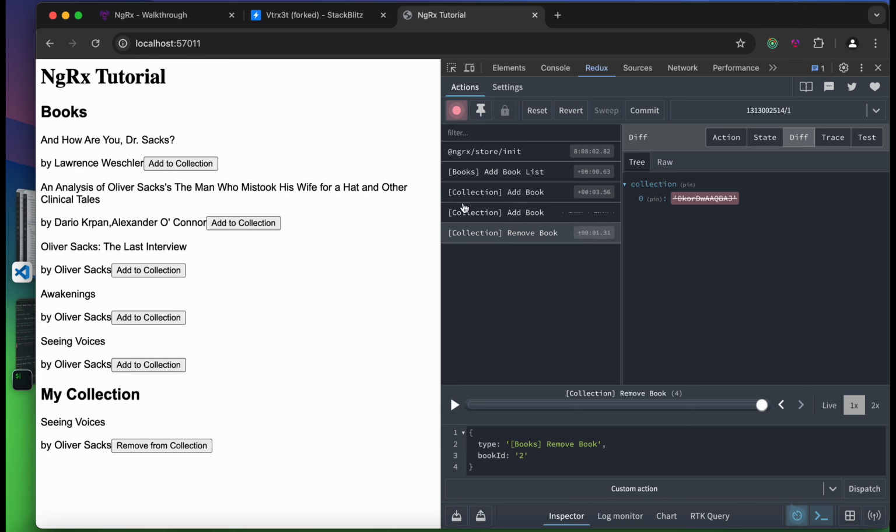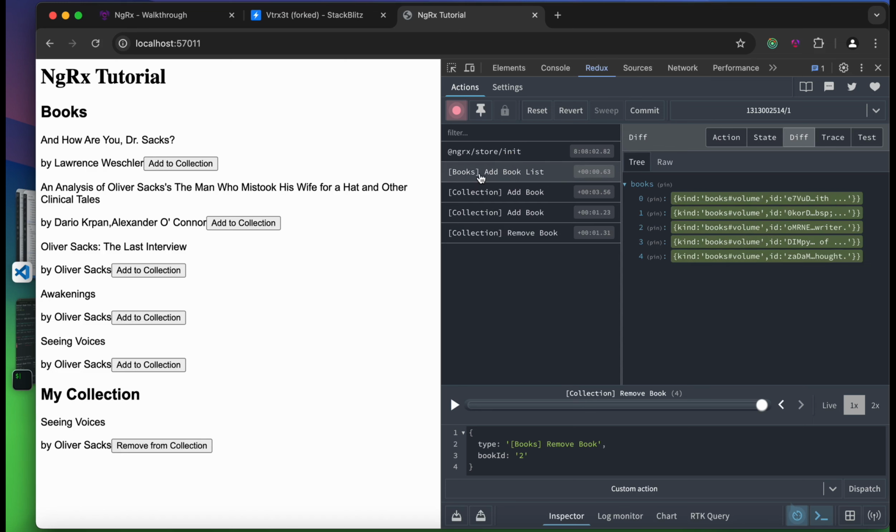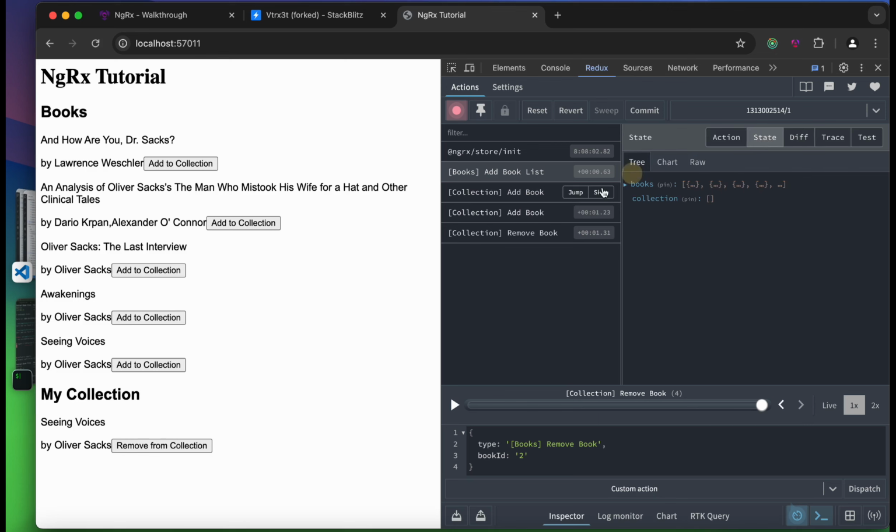So this one relates to the collection, and the name of the action here should not have been retrieved. It doesn't matter. We could reuse the same action to add, even though we didn't retrieve from an API. All right, so it should have been called add book list to the bookstore because this is what it did. All right, this is the proper naming, and since we have these two parts of the store, books and collections,